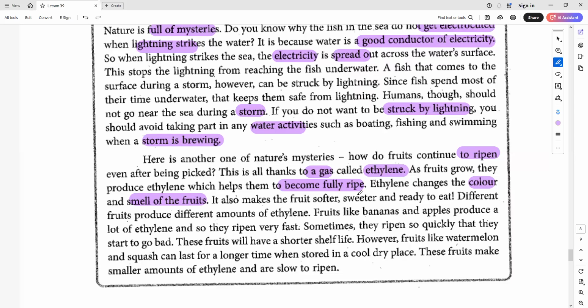However, fruits like watermelon and squash can last for a longer time when stored in a cool, dry place, okay. Squash is a kind of 瓜, it's a kind of 南瓜 啦, okay. It's different from the pumpkin that we use, okay. Squash. These fruits make smaller amounts of ethylene and are slow to ripen. 因为缺少这个